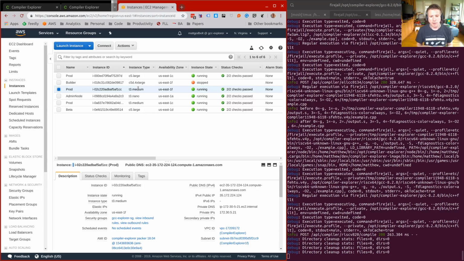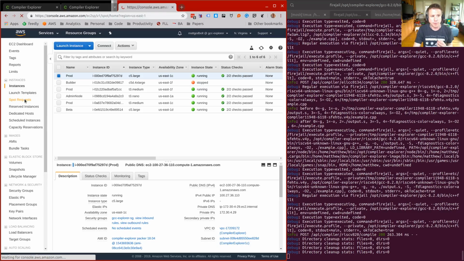They are part of our auto scaling group, which means that I pay a fixed price for them and I know ahead of time. And we can scale up and down the number of instances that run in there depending on load. This C5 large, on the other hand, is one I bid for. So I bid for the usage of that machine, and the bid can fail. I'm bidding currently quite a lot lower than the current price.